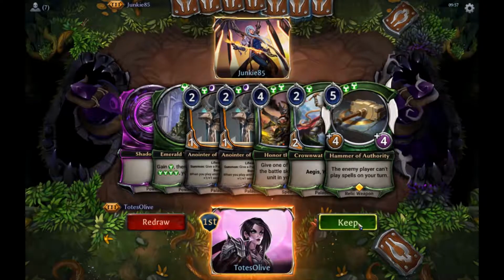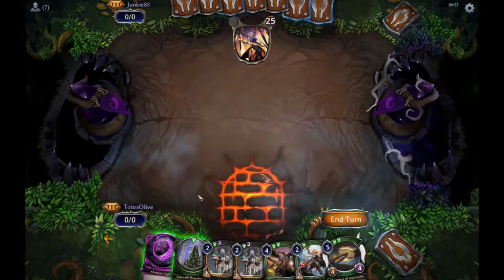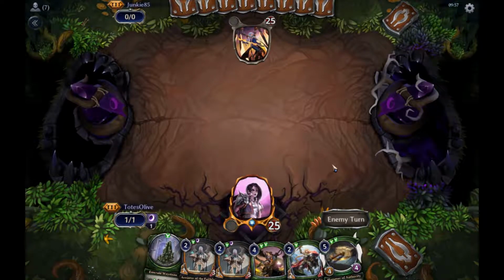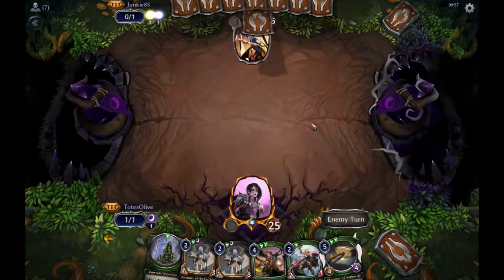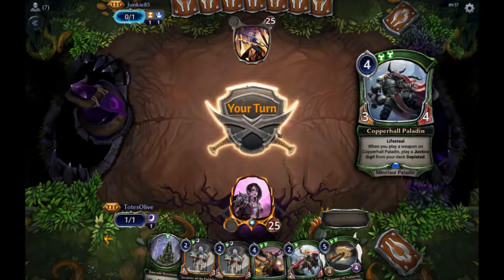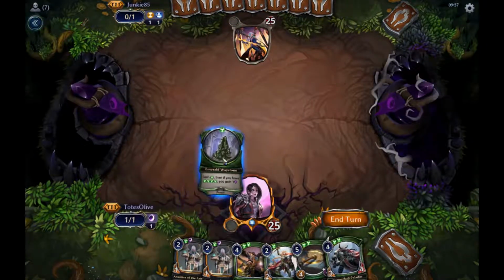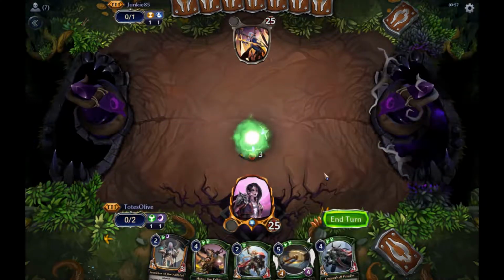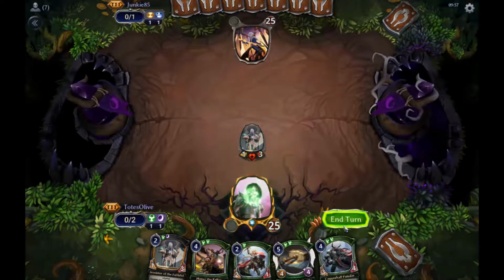We will attempt to keep this one, mostly because we have a lot of our early plays in hand, so we can present some pressure. We'll see what happens going forward here. There's the Copperhall Paladin, so that's going to be pretty good. We'll drop the Anointer of the Faithful, go ahead and bond the Copperhall Paladin, pass the